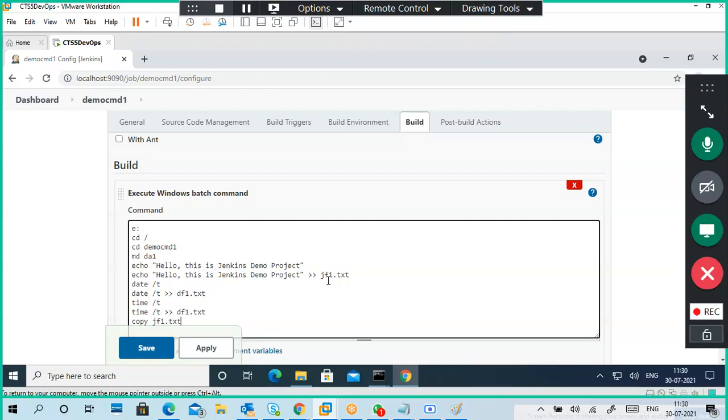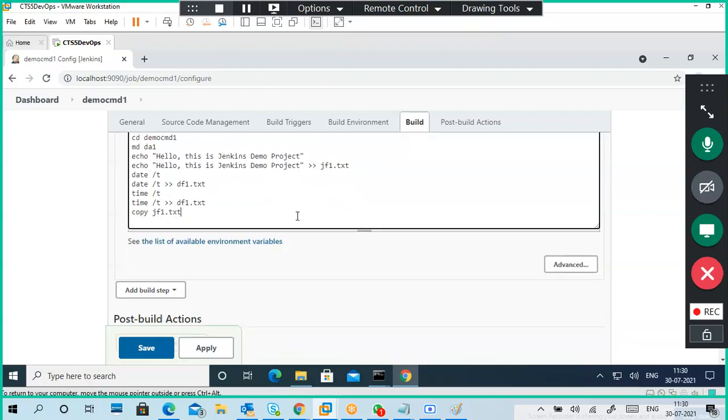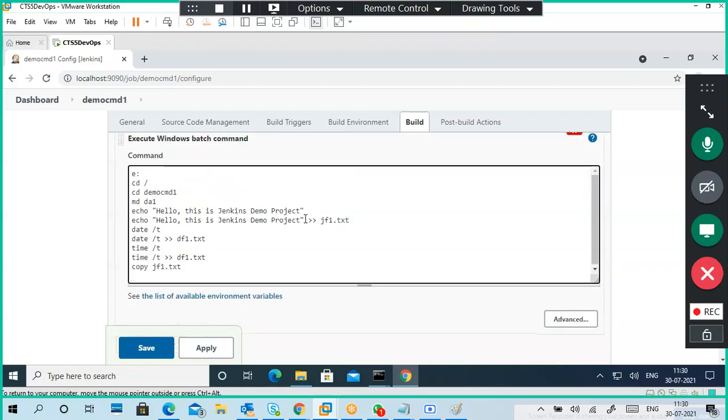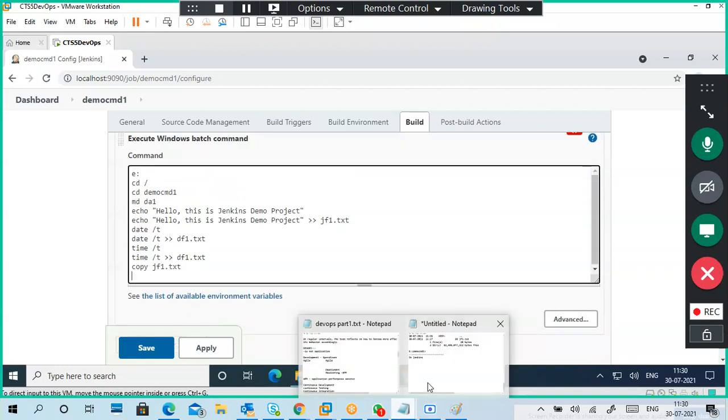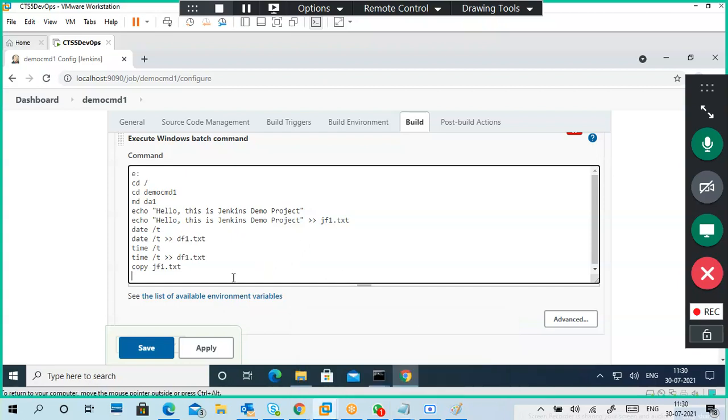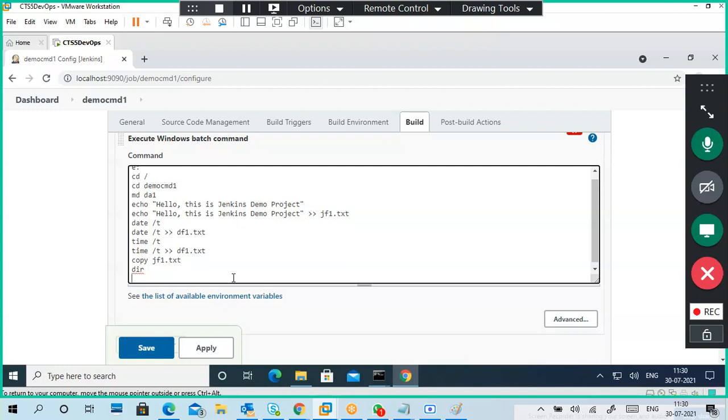jf1.txt. Okay, copy, done. After copying, I checked it, right, so I checked it. So type dir, first dir command, and then dir da1 directory.